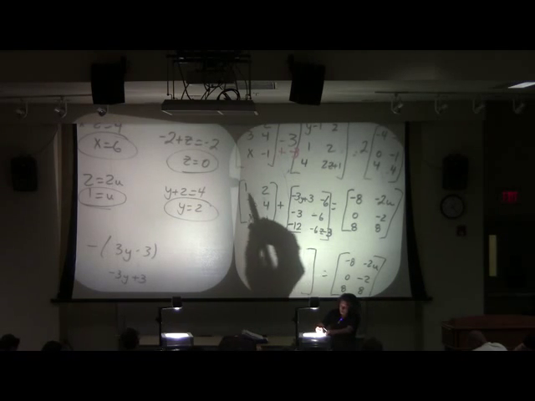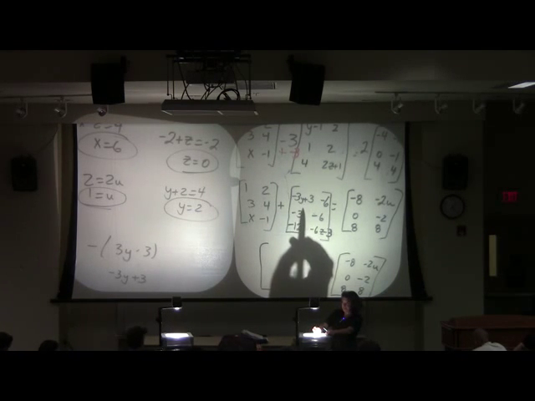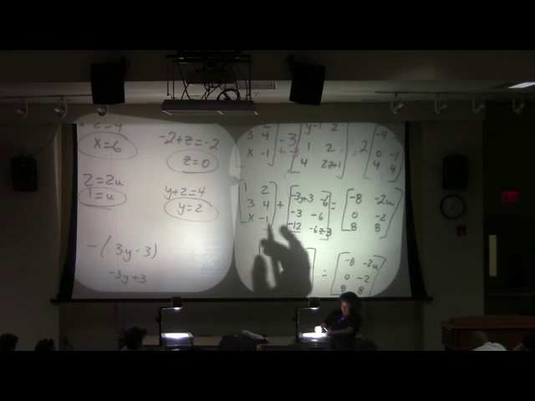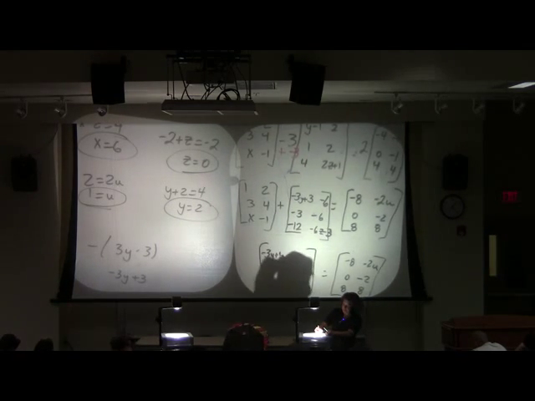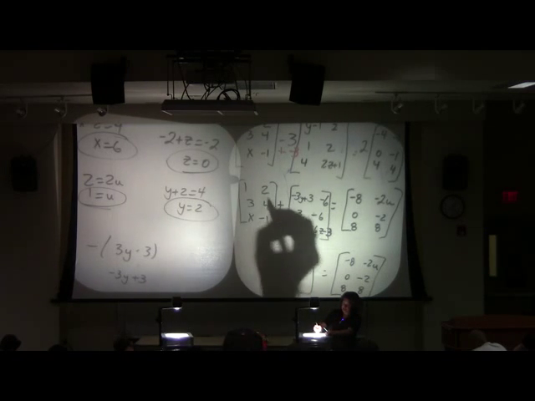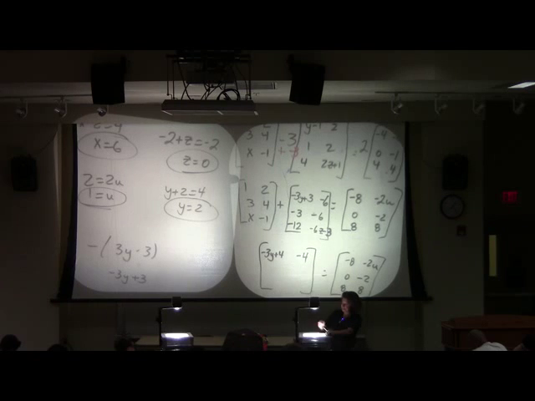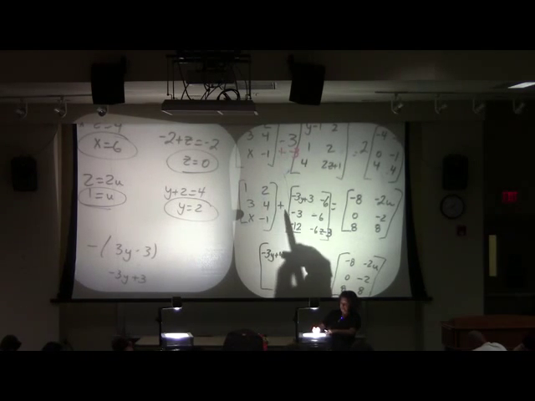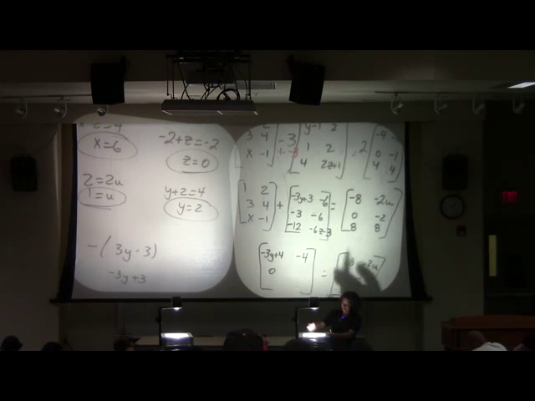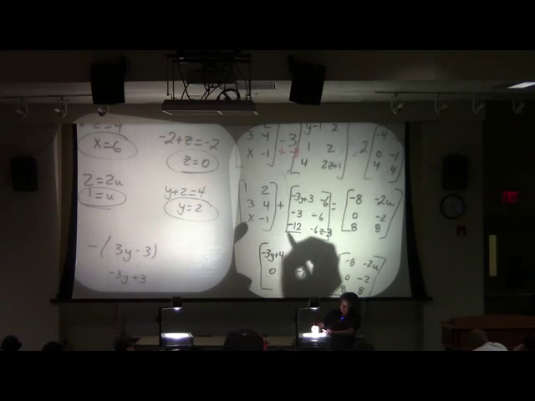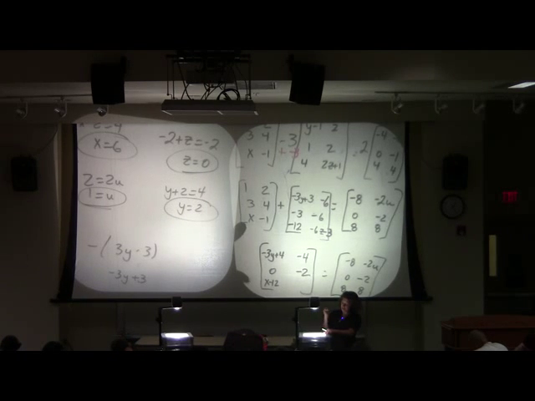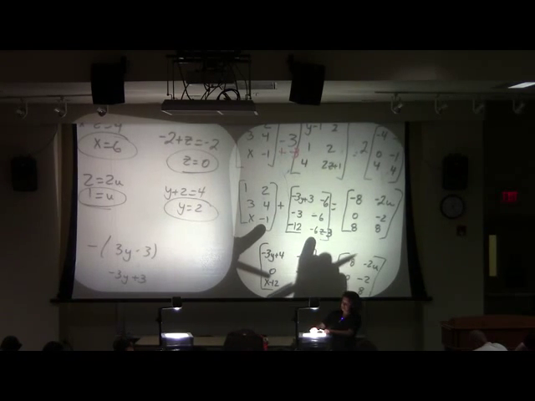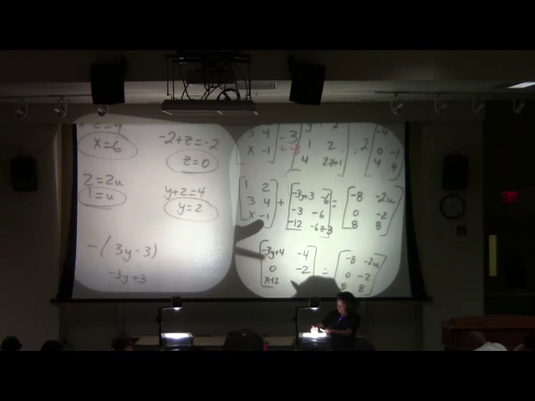All right. 1 plus -3y plus 3. Combine like terms. Don't you get -3y plus 4? 2 plus -6 is -4. 3 plus -3 is, yeah, 4 and -6 is -2. X plus a -12 is x minus 12. And do you agree -1 plus -6z minus 3 is -6z minus 4?